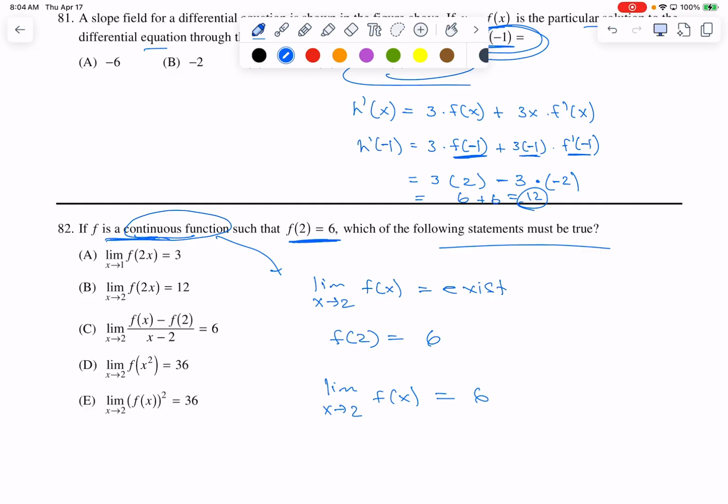So this right here says what would happen if you do the limit of like 2x. Okay, I think the answer is going to be